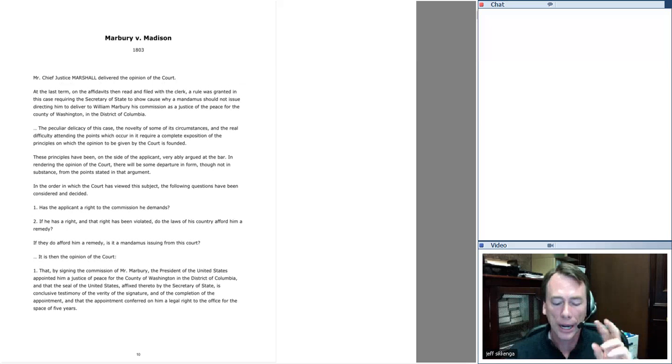I would say that to understand the decision, you have to understand that the Marshall Court in 1801 and 1803 is caught in two conflicts. The first conflict is that they're caught because of the weakness of the court as an institution. It is laid out in Article 3, and it does have the power of judicial review, but the court as an institution is really weak compared to Congress and compared to the presidency. Nobody wants to be on the Supreme Court.